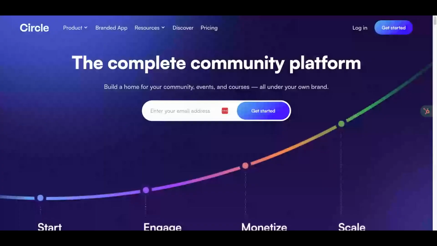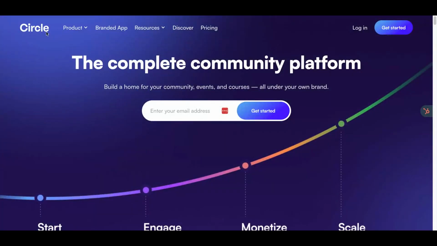I'm going to be sharing my screen a bunch today, so that I can actually show you what the platform looks like. So I'll be looking over here a whole bunch. And what I've done for today's session is I've started up a brand new Circle community, so you can actually see what it looks like when you are starting from scratch.